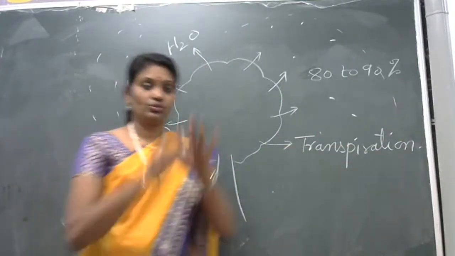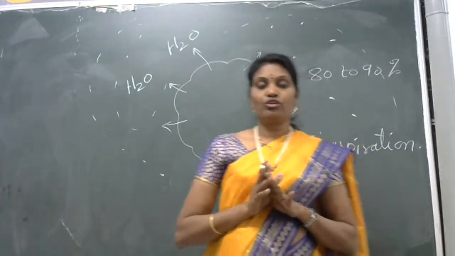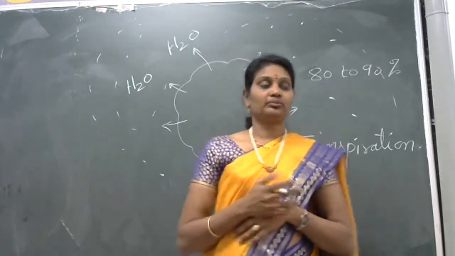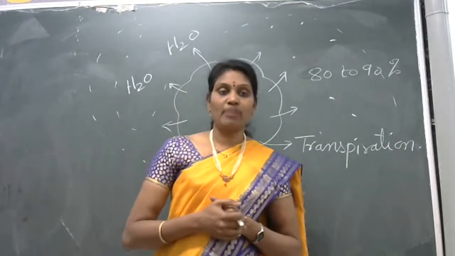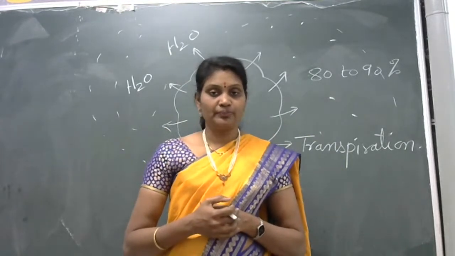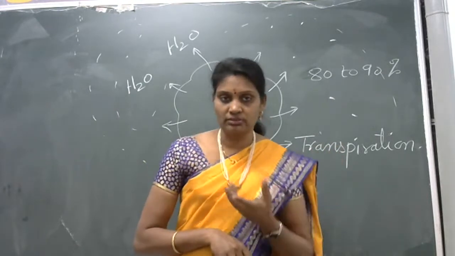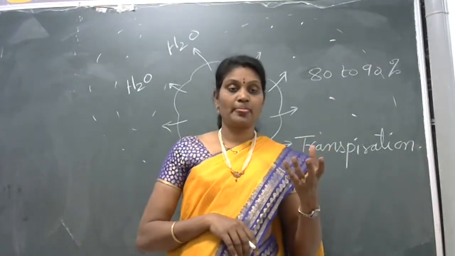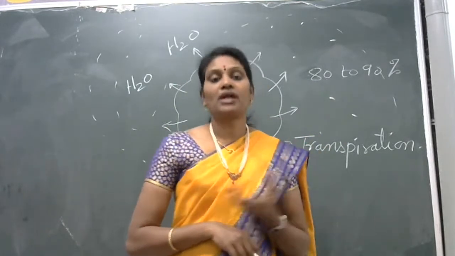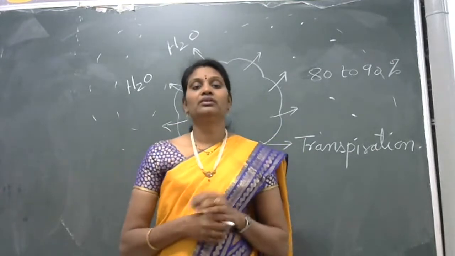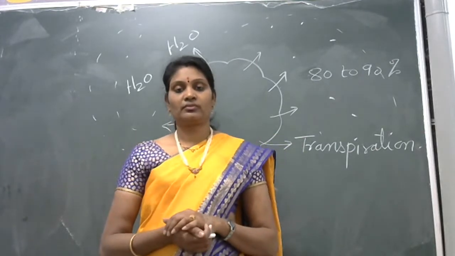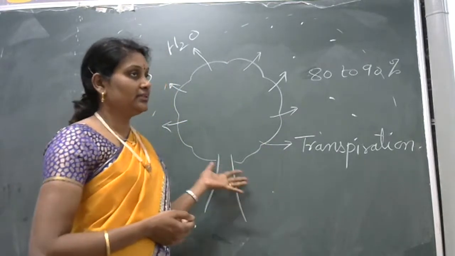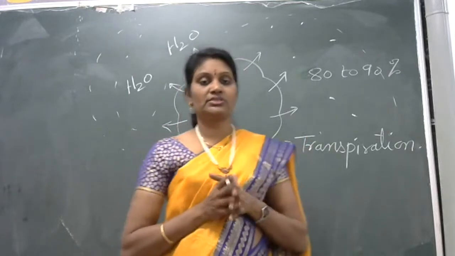Okay, so the atmosphere is full of the water drops, or we can say here that the water vapors are present. Okay, because the tree loses the water in the form of vapors during the process of transpiration. During transpiration. Understood students? And this is so much water that, for example, if there is a forest,